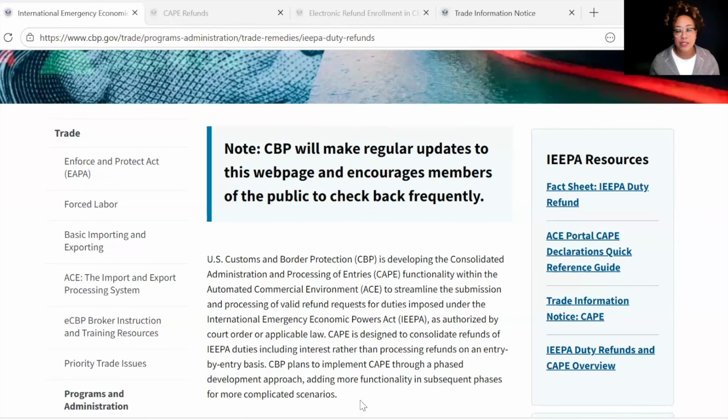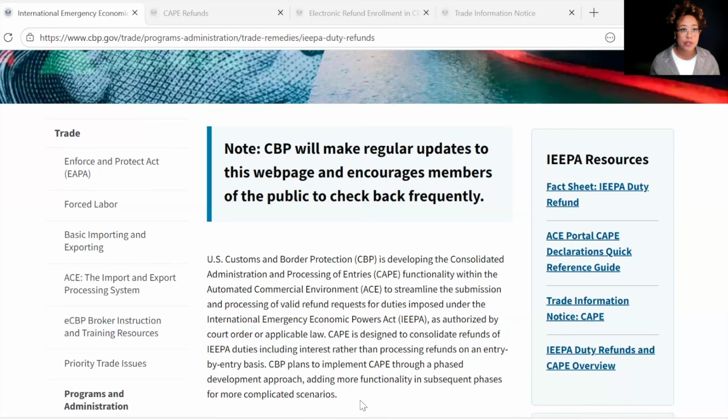And ultimately, they hear cases based on customs decisions. And in this case, this IEEPA duty refund is arising from a court decision, not a customs decision. So while there may be a reason to go to court in the future,